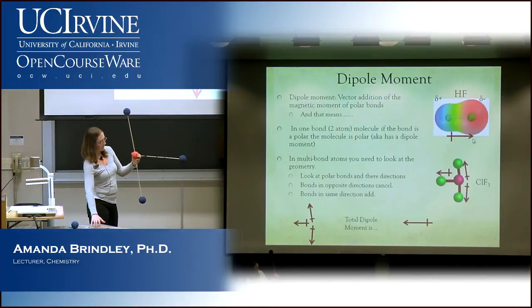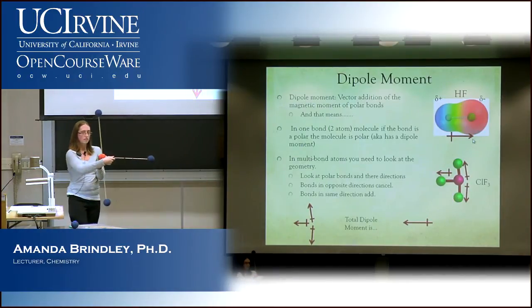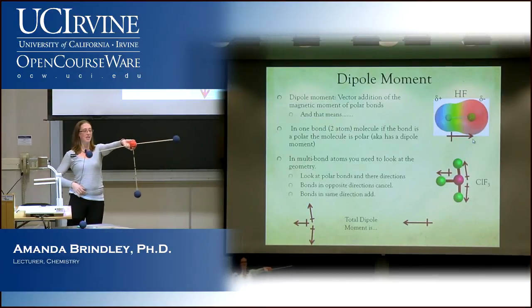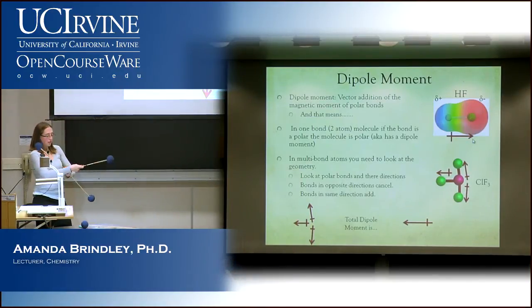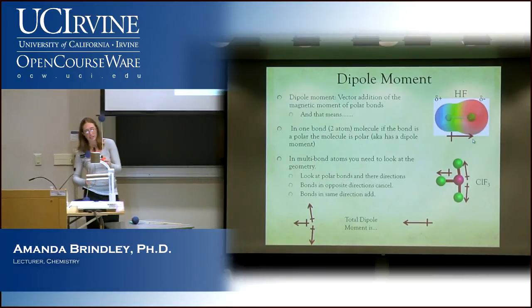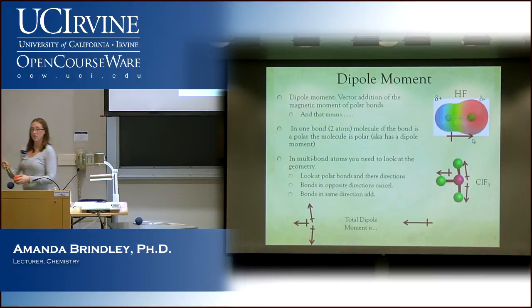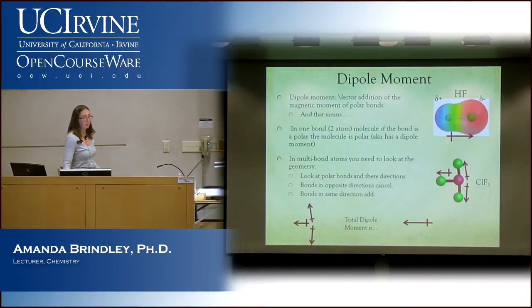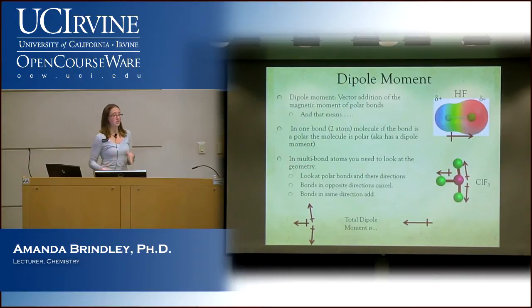So what shape is this? Let's turn it on its side. What shape is this? T-shaped. So having three things bonded to it doesn't make it trigonal planar, because you have to pay attention to the lone pairs, and the lone pairs make a difference. Now, how did you know about the lone pairs there? Well, you would have had to draw out the full Lewis structure, which I didn't necessarily do here, but you would draw out the full Lewis structure.